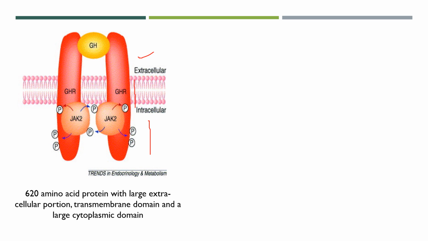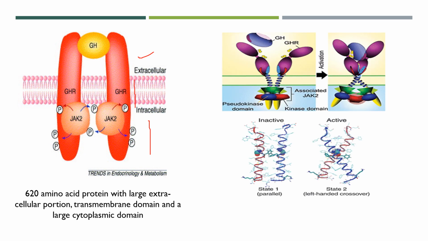When growth hormone binds to one subunit of this receptor, the binding site on the other subunit is attracted and the subunits come close to each other. These two subunits come close together and form a homodimer of the growth hormone receptor. This dimerization is an essential component of receptor activation. When this dimerization happens, it will initiate the activation of